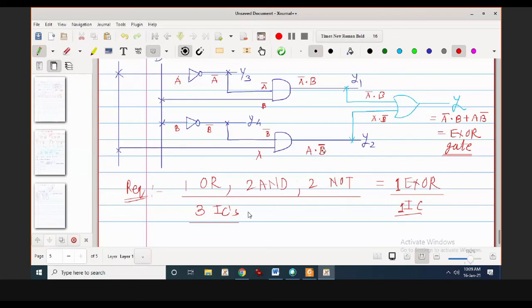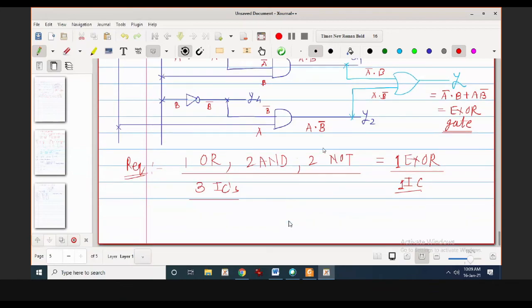Okay, so obviously you can see that when you try to implement this particular circuit, your requirement will be larger than that of implementing the same circuit by using a single XOR gate. Since we have taken it as XOR gate, in real life circuitry this issue is also more prominent. Therefore, we need to look at circuit minimization. We will be starting circuit minimization using Boolean algebra first, and then we will go for the K maps, Karnaugh maps. Those things we will start in the next class.